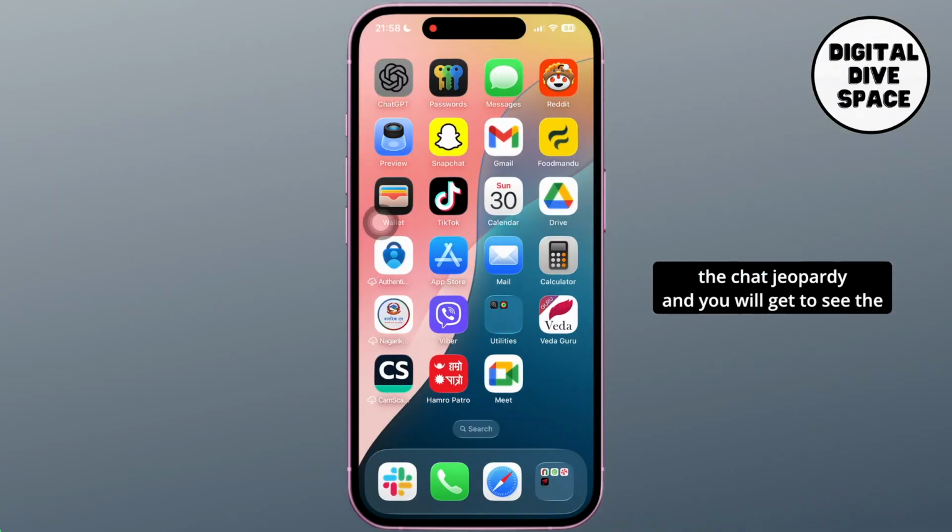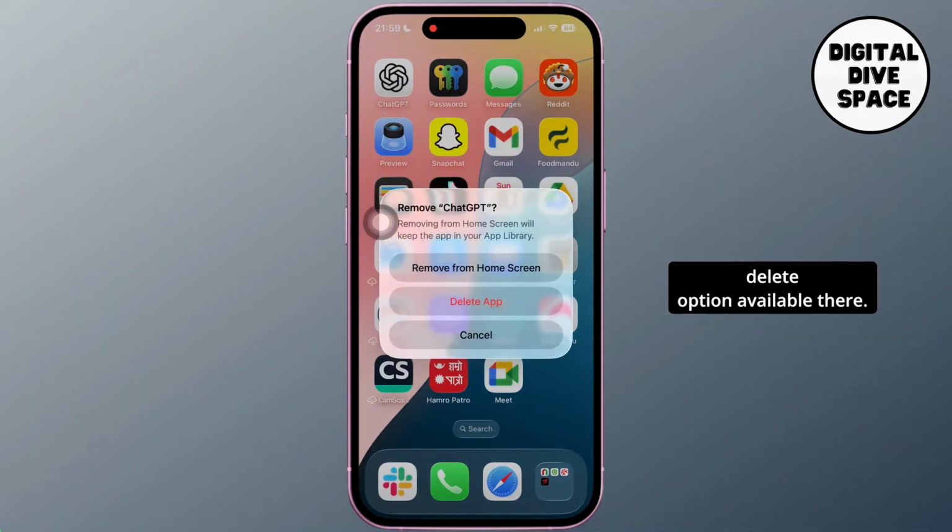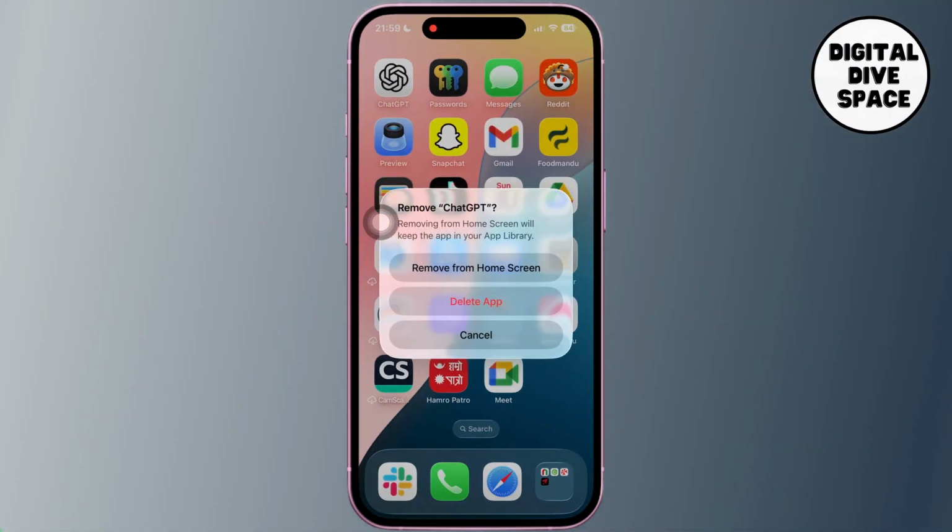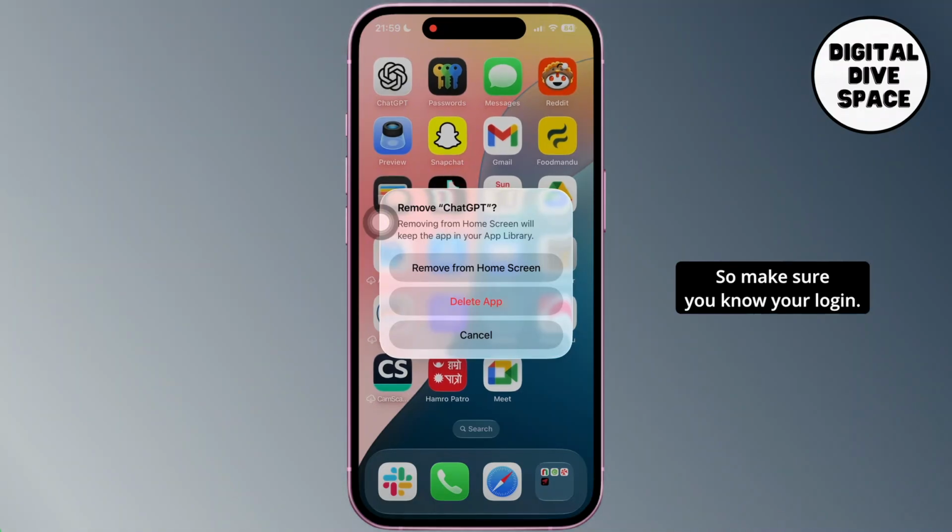on ChatGPT and you will see the delete option available there. Delete it and reinstall it on your device. If the app is corrupted, reinstalling fixes it. So make sure you know your